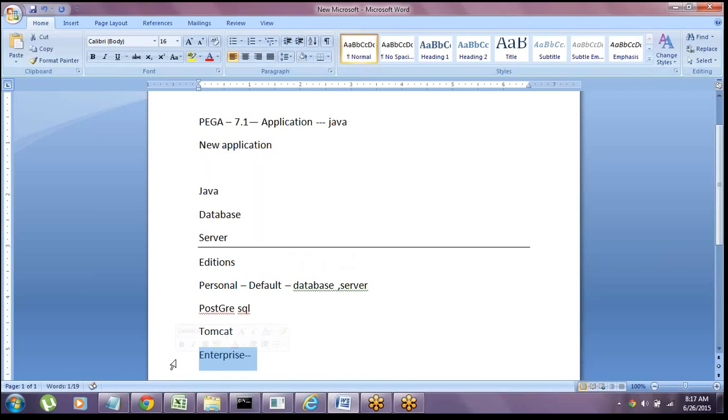Enterprise edition, what are the options we have? All the options you will get in the personal edition. Okay, 95% of the options will be the same. Some 5 to 10% of the options will not be there. I'll tell you those options. But when you are working in real time, you will not get any problem when you work in the enterprise edition. Because the features and options you are developing here, the same options you'll get in real time also.